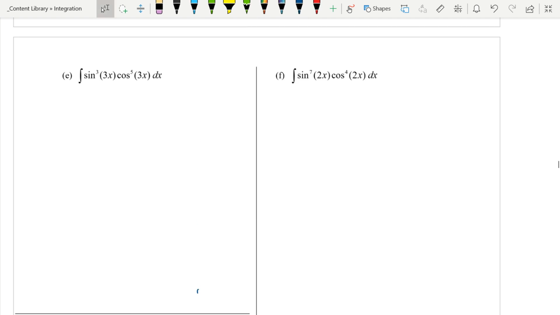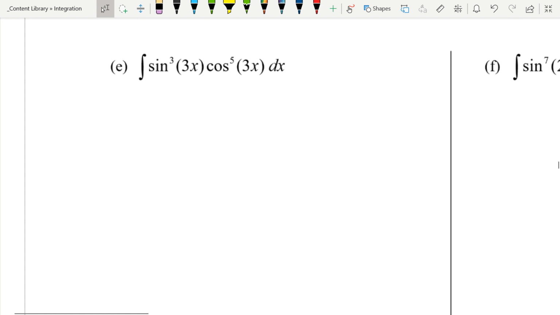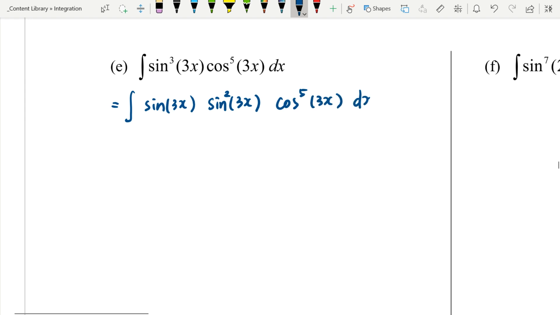Okay, let's do E. So we have power 3 and power 5, and we can see that both are odd powers, and we change the smaller one. So we can get one sine out, and we have two sines left, and cosine will stay the same. And the key thing is to change